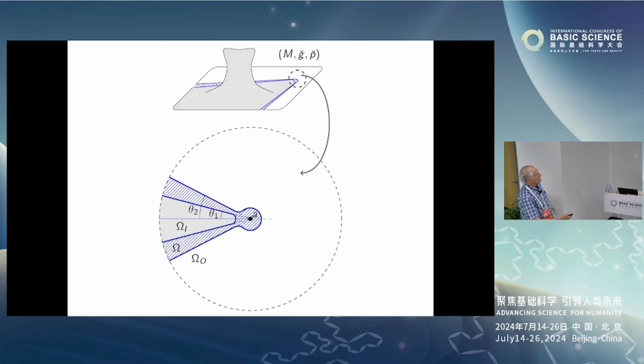And I'll talk about that issue later in the talk. So this is the picture. We have this asymptotically flat solution, and this is meant to indicate that in the compact part the curvatures may be quite large, it may be quite complicated. But if we take a point very far out, near infinity, and we look at a cone, even with very small angle, if we go far enough out, then that cone will contain the high curvature part of the solution. And on the boundary of the cone, the solution will be pretty close to Euclidean.